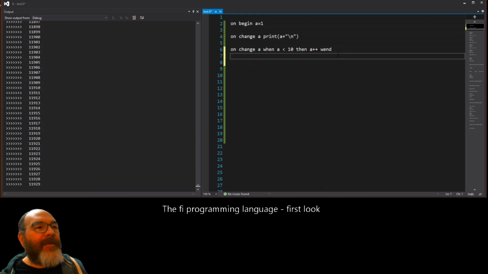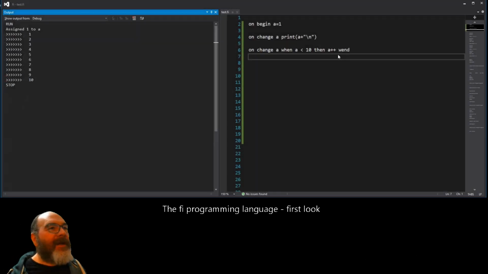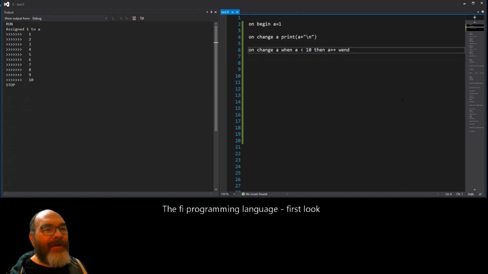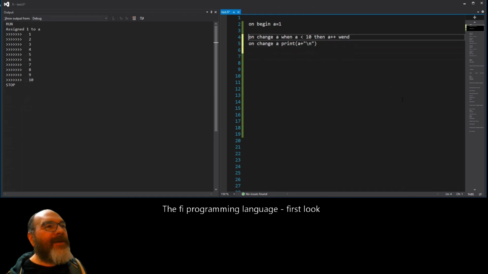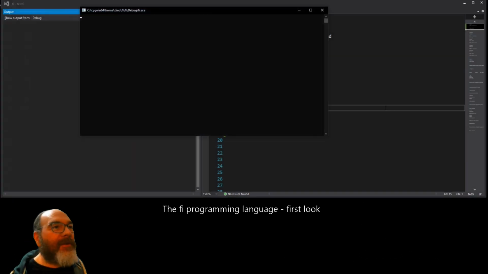Let's see what happens if I run that. And it's there. It's printed all the numbers from 1 to 10, and somehow it just stopped. How did it know to stop? And what about the order of the instructions? How do we know? It's like if I do this, right? So there it looks like it's incrementing A before it's printed, but now it's thinking imperatively again. That will make no difference at all,